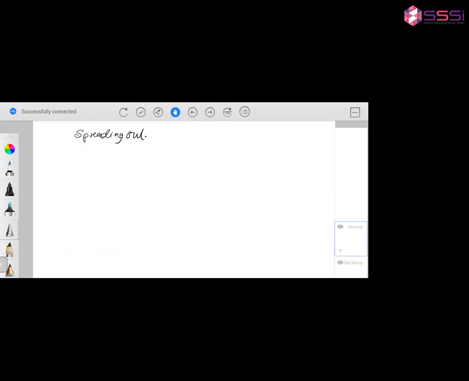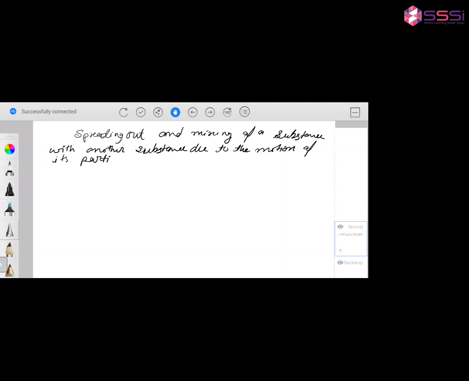Spreading out and mixing of a substance, you may write, with another substance, due to the motion of its particles, right? It's called diffusion.